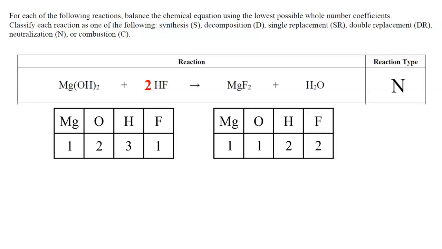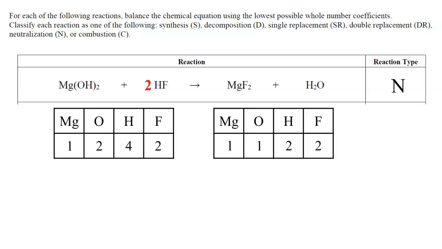So my new total, I still have 1 magnesium and 2 oxygens, but on the left I now have 4 hydrogens and 2 fluorines. And the reason I have 4 hydrogens is because with that 2 in front of the HF, that gives me 2 hydrogens, but there's another 2 hydrogens in that magnesium hydroxide formula. Well, now I need to balance the number of oxygens, and hopefully this will also balance the number of hydrogens